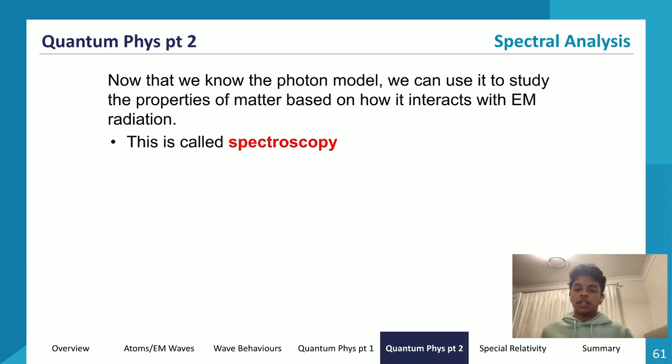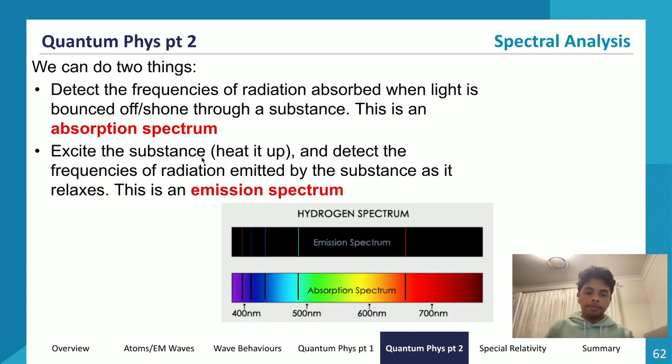So we're looking at two journeys, right? One journey is the historical methods of finding the speed of light, from Galileo to Roemer to Fizeau and Foucault. These four people worked on how to calculate the speed of light. Then we go through a second journey, which is trying to explain the properties of light. We get to the photon model at the end, and these are the applications of the photon model. We can study properties of matter based on how it interacts with EM radiation, and this basis of study is called spectroscopy.